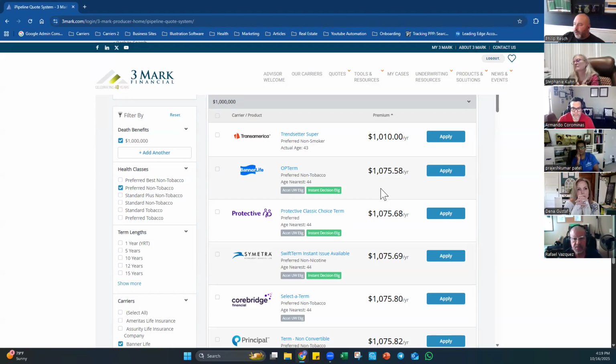How do we know if a quote has living benefits or not? That's a really great question. There's very few carriers that have full-blown living benefits. So if you want to talk true living benefit products on the term chassis, you're looking at Corebridge with the quality of life product, not Corebridge Select-a-Term, which you see on the screen. Corebridge QOL. You talk National Life Group, those two have pretty much the exact same ways of living benefits, chronic, critical, terminal,